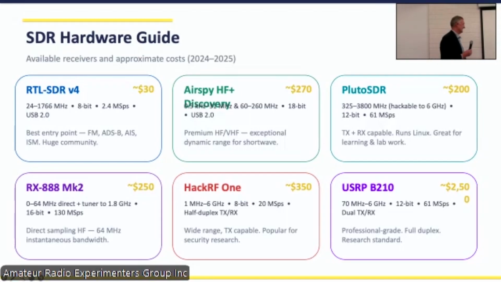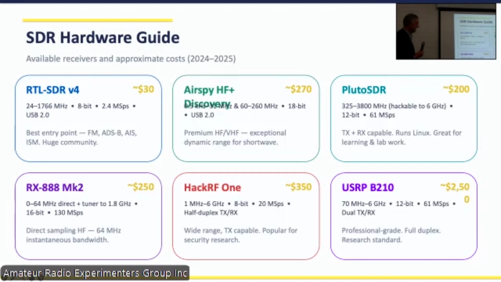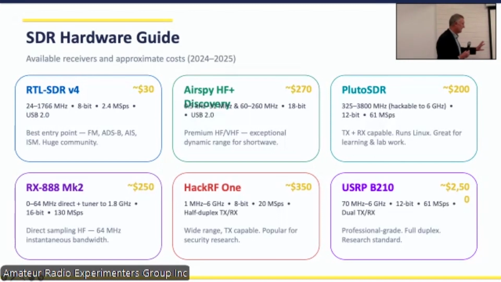It is not good. Then our USRP, this group, Ettus Research, brought these out. They were one of the first to get involved with GNU Radio. This is the start of a professional series in that it's used some of the same chips, which are the analog front end, but they've put in more complicated field programmable gate arrays. And they've also made it so that when you start up the device, for some of them, you actually load up your field programmable gate array image every time, which gives you huge flexibility.